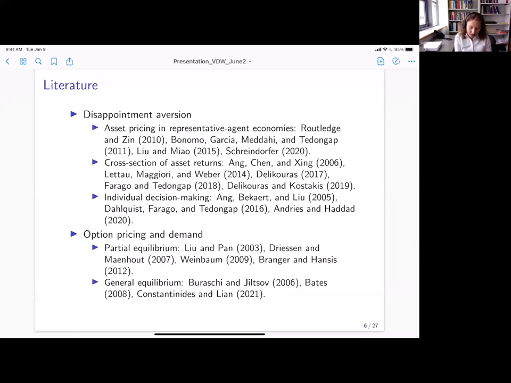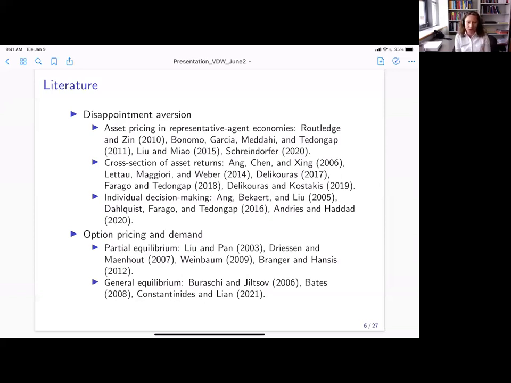And this paper by Dreesen and Manhout that I have on the slide, they do actually consider disappointment aversion, and they conclude that it doesn't help because these agents choose to stay out of the market completely. Whereas we are going to show that this is only the case for this kappa parameter being equal to 1, which means that your reference point, your disappointment threshold, is exactly equal to the certainty equivalent. So any drop in the wealth below the certainty equivalent will constitute a disappointing outcome. Once you relax that, you get a lot of action in the option market.